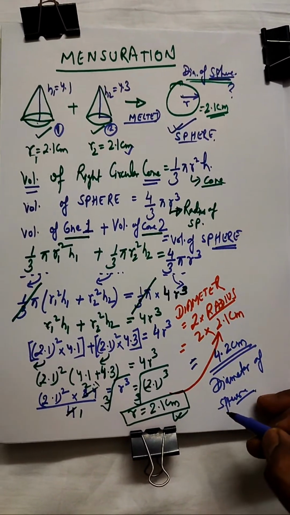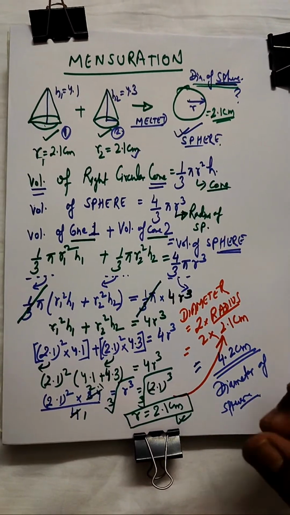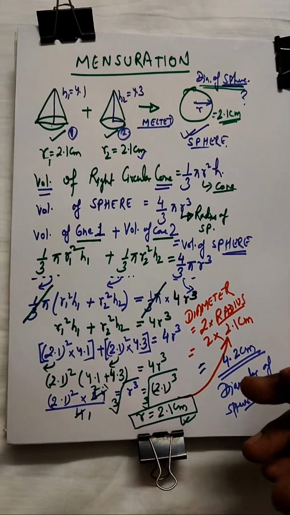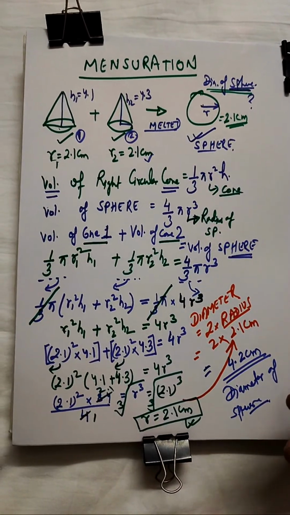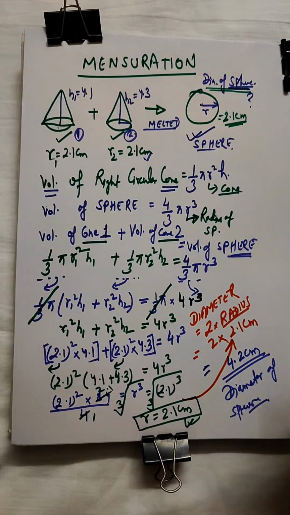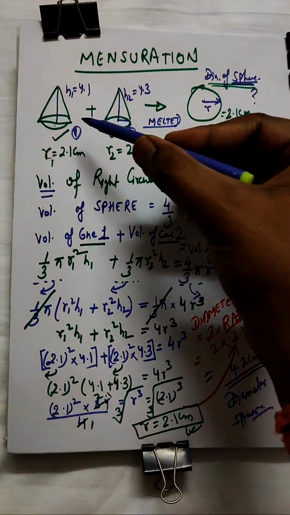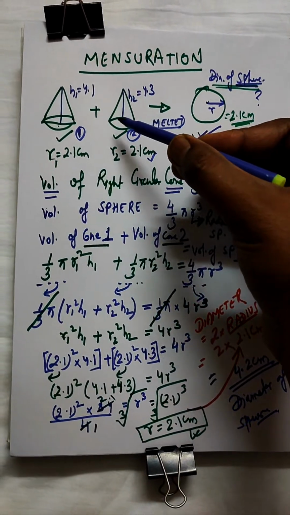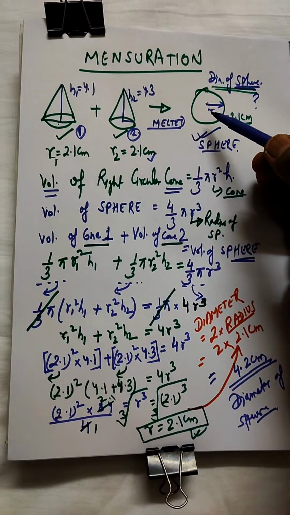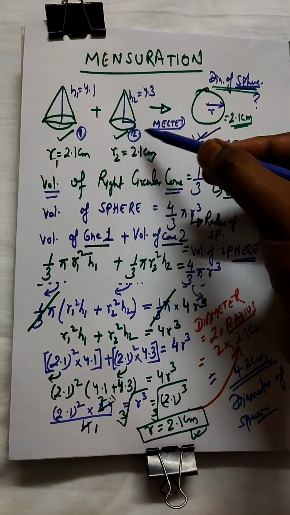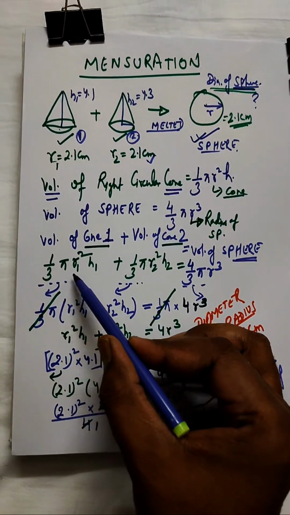We can understand that the content inside both the cones will add up to form the sphere, and the content inside any solid object is its volume, right? So the volume of both these cones will be added up, and this will be equal to the volume of this sphere, right? And you can just put the values in the formula of the volume of the cone,